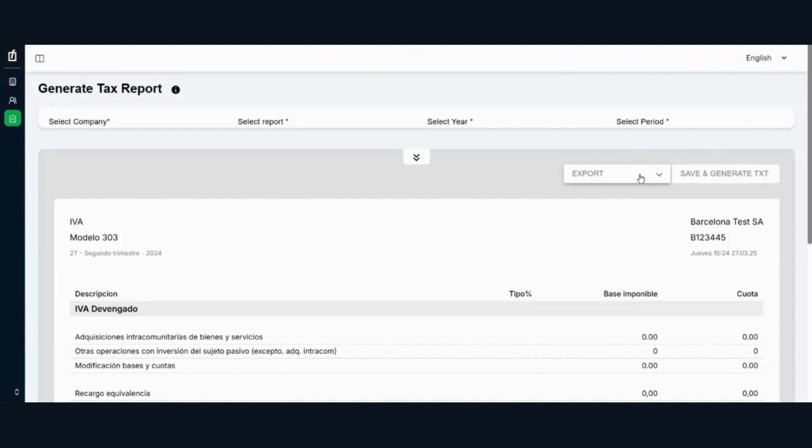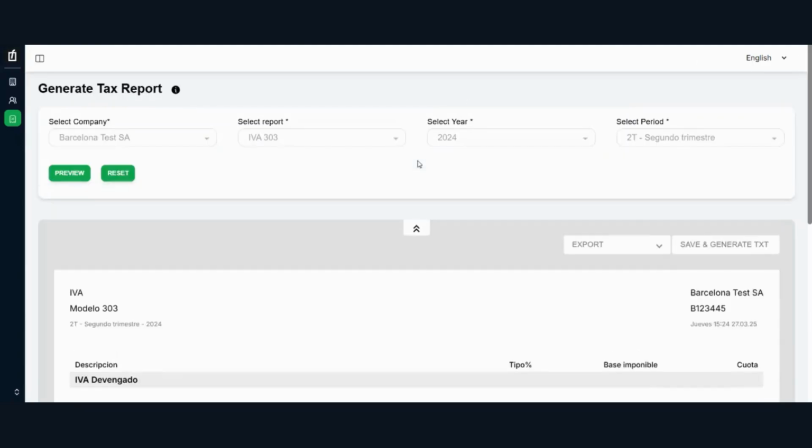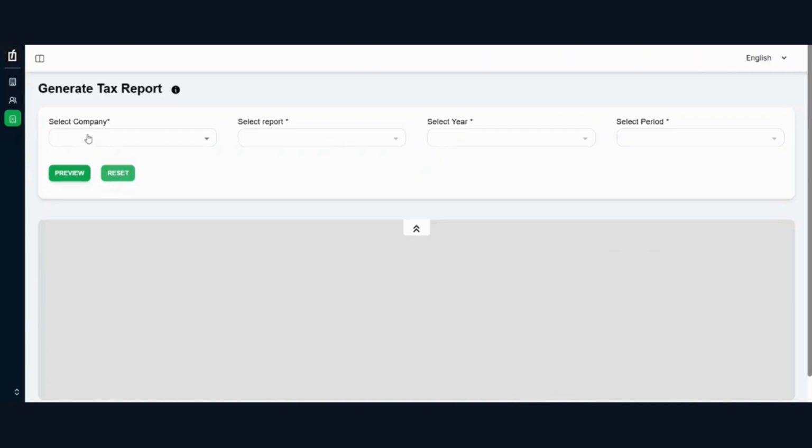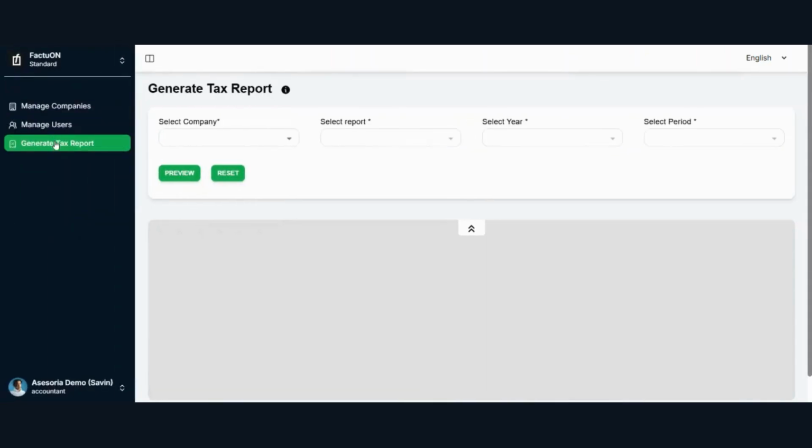So here you can see we have two options for exporting or downloading your report. Save and generate text. It will be generated in text form, right? And here is the option of an Excel sheet file and PDF file. Whether you want this report in PDF or Excel file, simply choose, and then your file will be downloaded. Okay, you just see the format. And if you want to reset it, then simply reset it, and again you can find another company's report. Okay, so these things are done here.